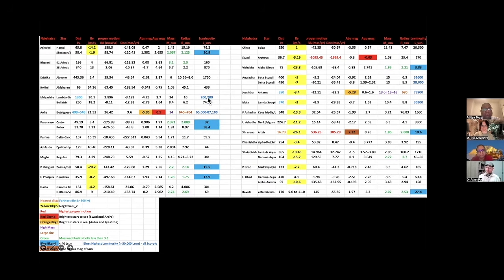Now, which luminosity is the highest? Lambda Orionis was very odd, so I'm not going to talk about it. Ardra has got the highest. What is luminosity, just for the viewers? It is how bright the star is, how much energy is given out. So Ardra gives out a lot of energy, and Antares, you see, is about 70, 80,000 times more luminous than the Sun. So it is 80,000 times brighter than our own Sun. 80,000, remember.